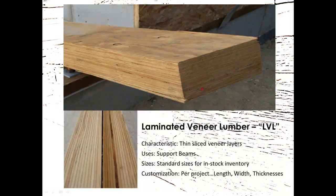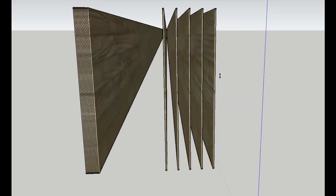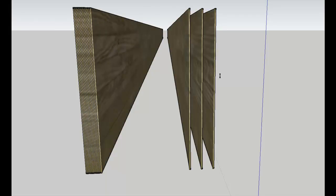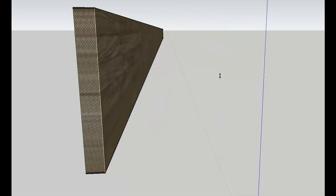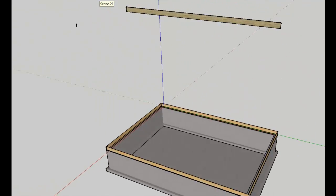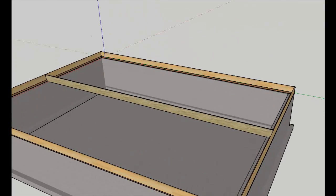LVLs, or laminated veneer lumber, utilize thin strips of wood, typically 1/10 of an inch to 1/8 of an inch in thickness. These veneers are sandwiched together with bonding adhesive, compressed under high pressure and temperature. Now, unlike plywood, these strips are aligned with their grain pattern in the same direction. This dramatically increases the board's tensile strength, allowing it to span greater distances and support larger loads. As you can imagine, this makes it very suitable for load-bearing beam applications, such as a girder beam for a